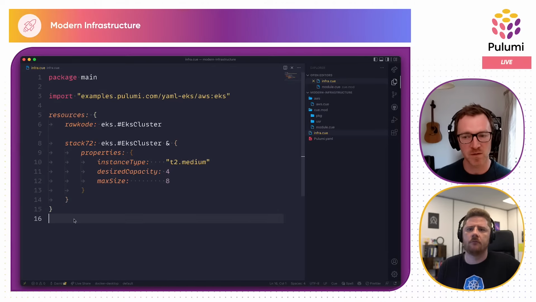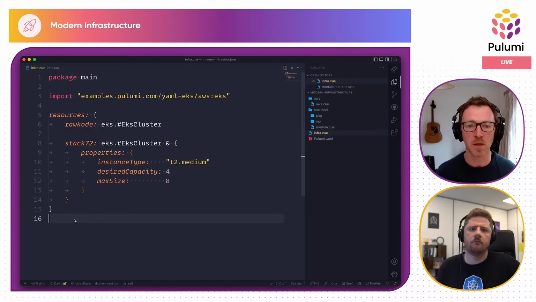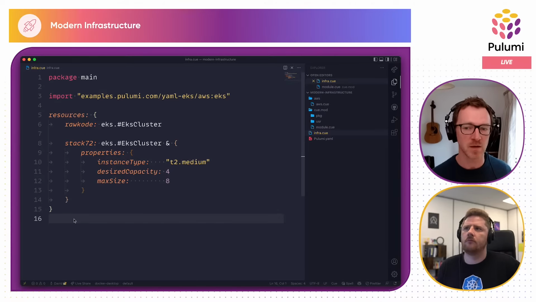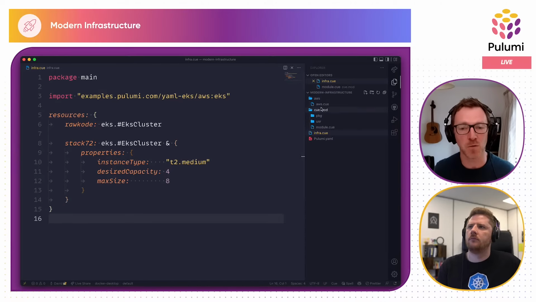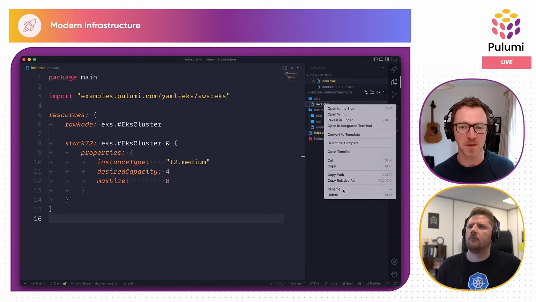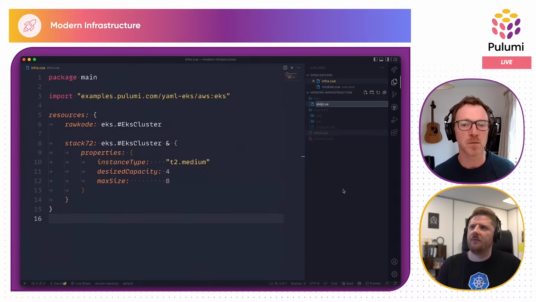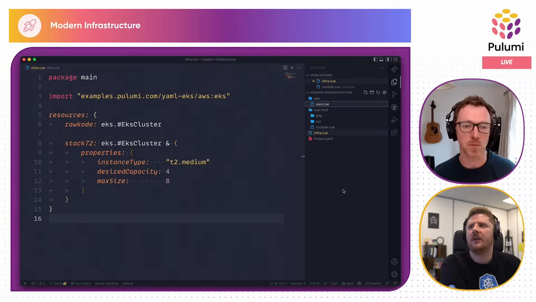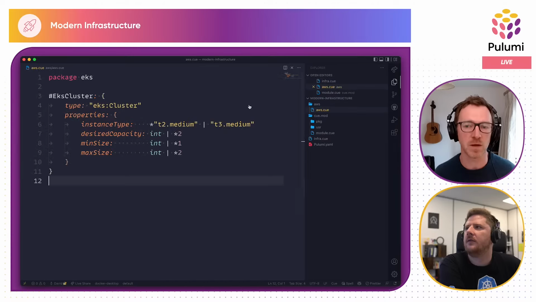So the main module within which we're working is examples.pulumi.com/YAML-EKS. And you just created the AWS subdirectory within that, which then allows us to reference the AWS package within that. And what you've then specifically done is within aws.q, you've got, it should be eks.q, right? It doesn't actually matter, because the only thing that actually matters within there is the package clause at the top, which I'm assuming is EKS.